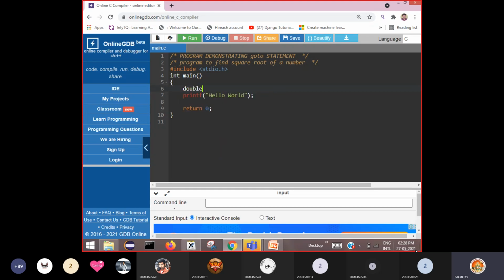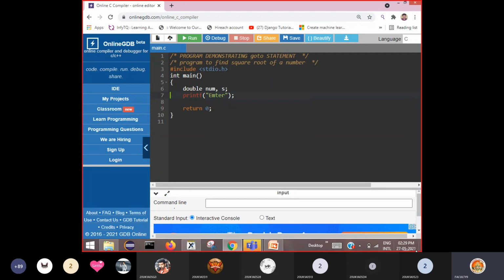Generally there is a function called the square root function. We'll use that function. It takes a double type argument, so num will be double. Then s is nothing but the square root value. We'll take s here. Then we ask the user to enter a number.